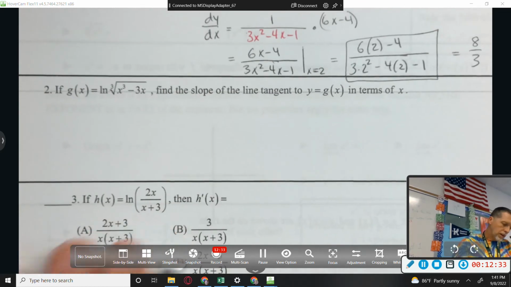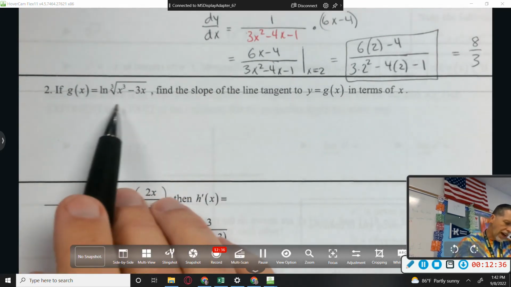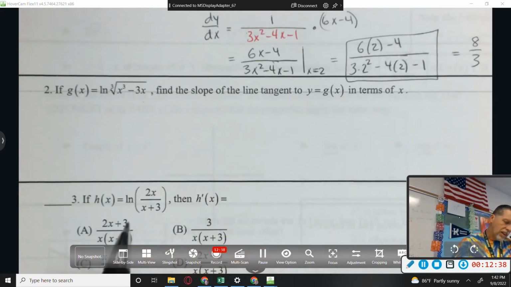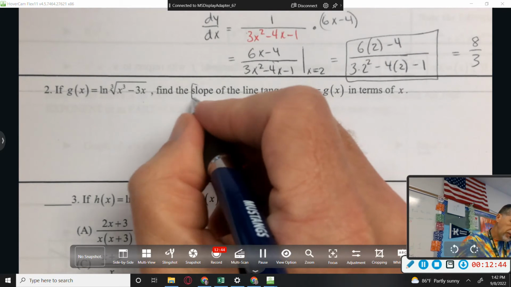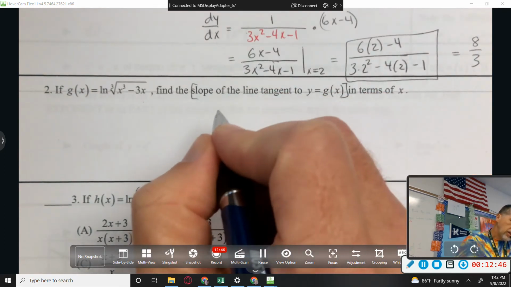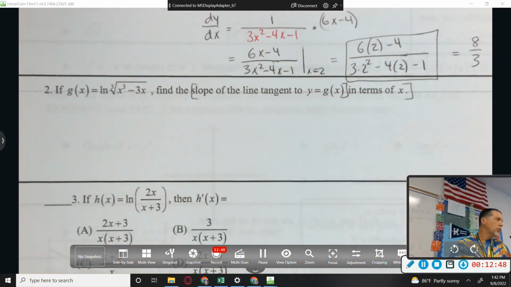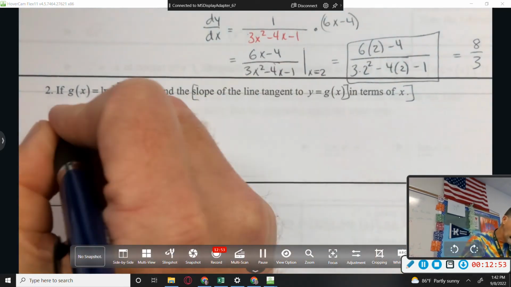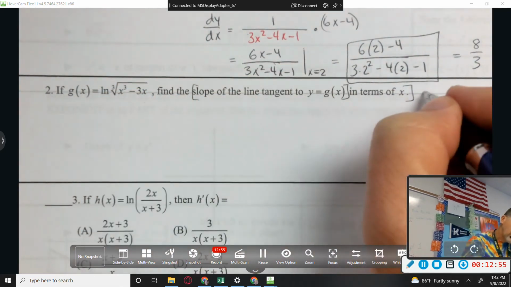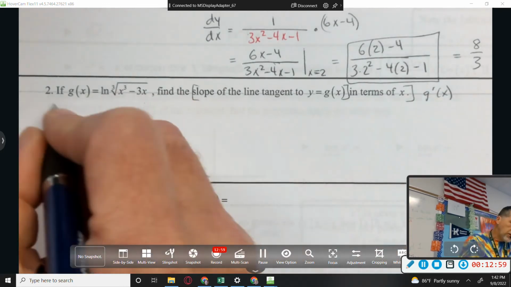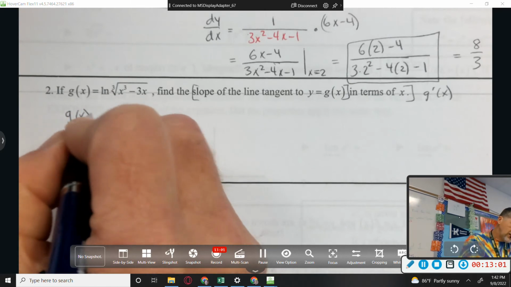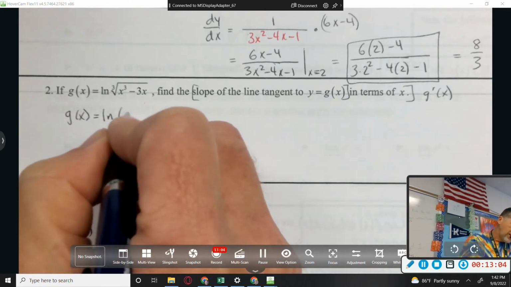Number 2. If g of x equals that mess of a thing, find the slope of the line tangent to y equals g of x in terms of x, as opposed to at 2 or at 4 or at -1. So that just means find g prime of x. But before we do that, I'm going to rewrite this